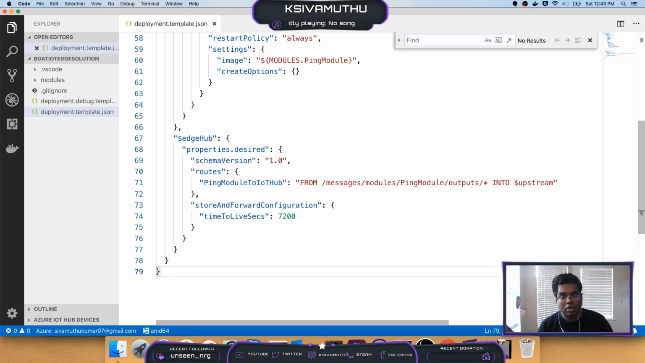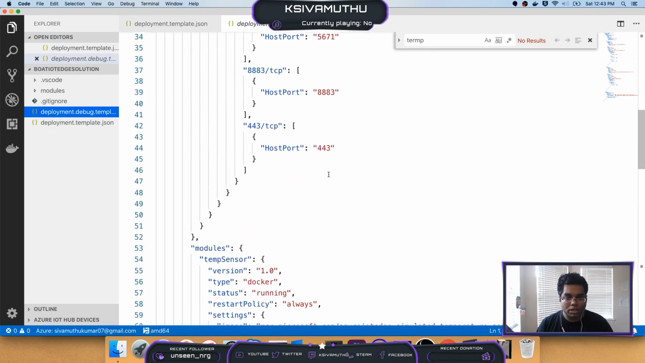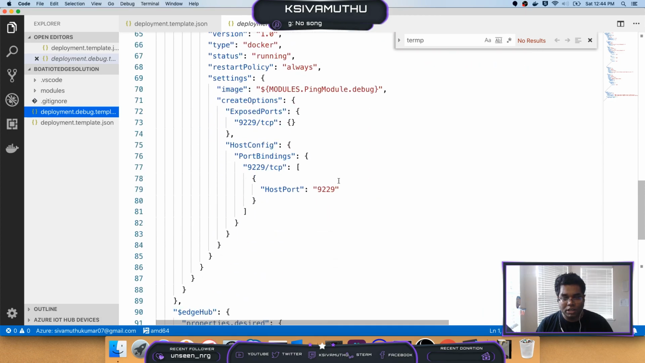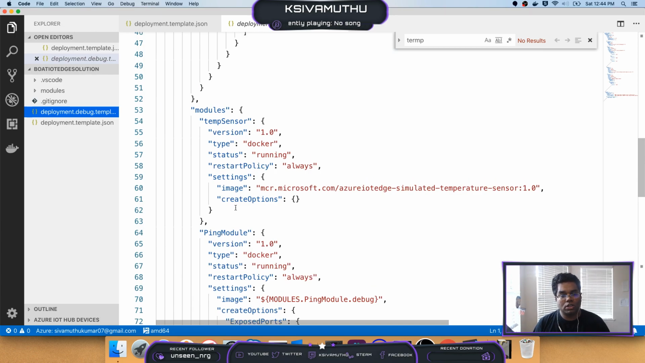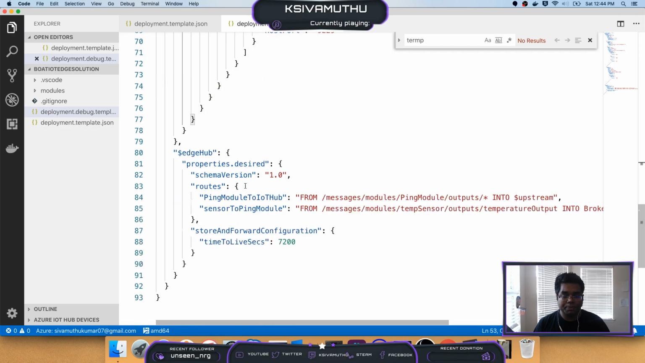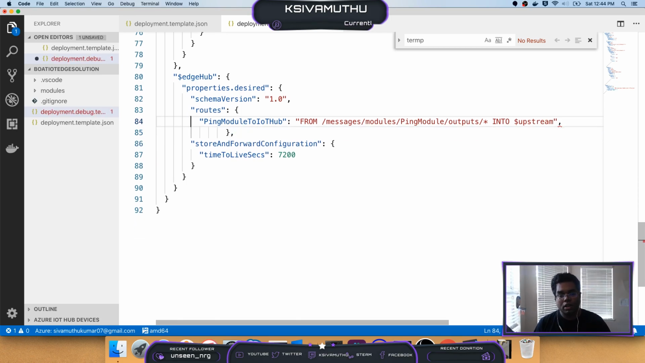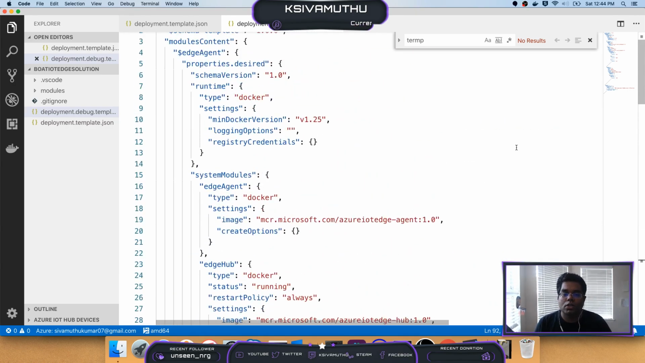Is there any other place I'm having temperature sensor? No. There is a deployment debug template JSON as well. I think it is opening the port 9229 so that we are able to debug the ping module from Visual Studio Code itself. Here also I don't need this temperature sensor that is coming by default, and I don't need this route since we are removing the temperature sensor from the pre-generated file, right? So let's do that one. Okay,